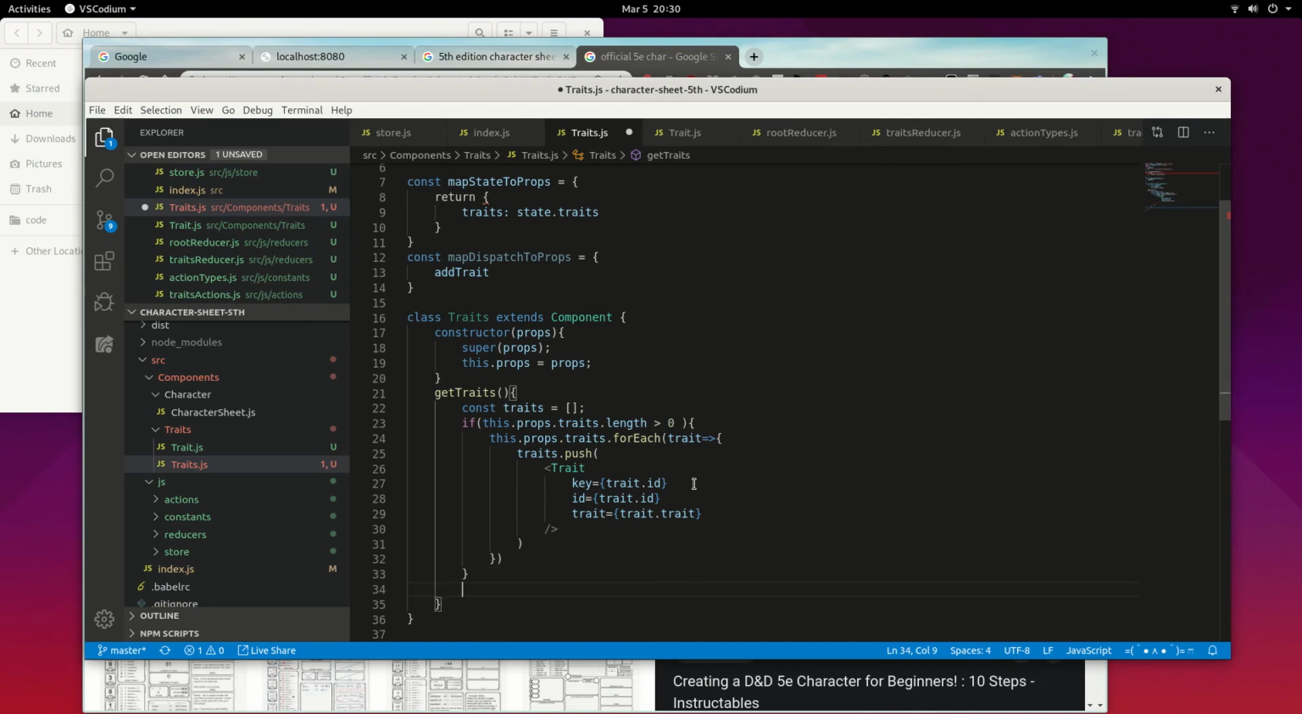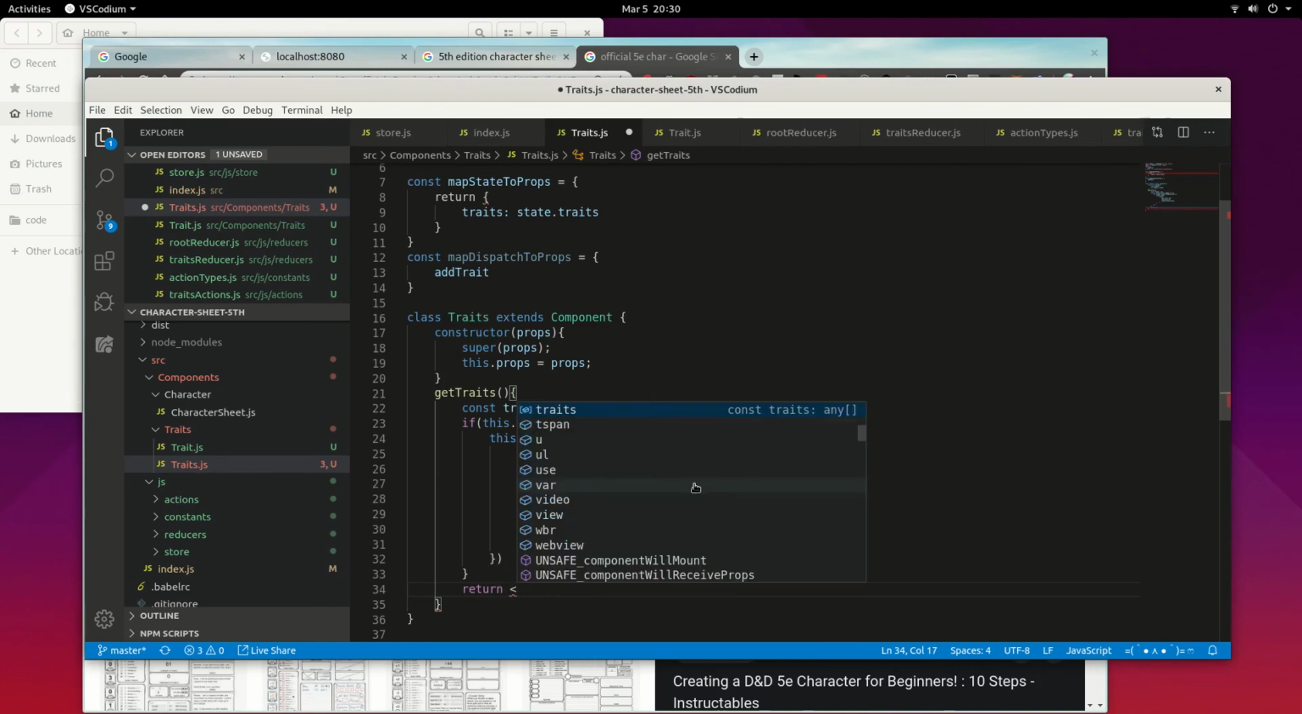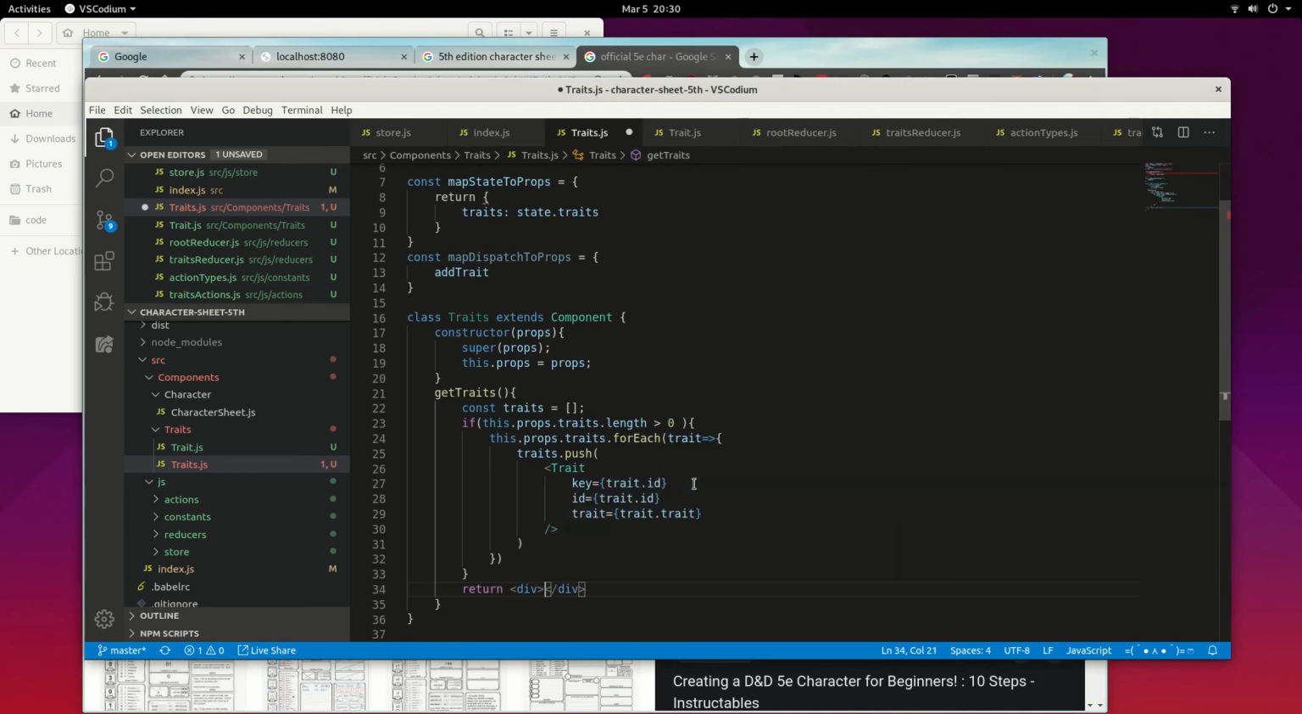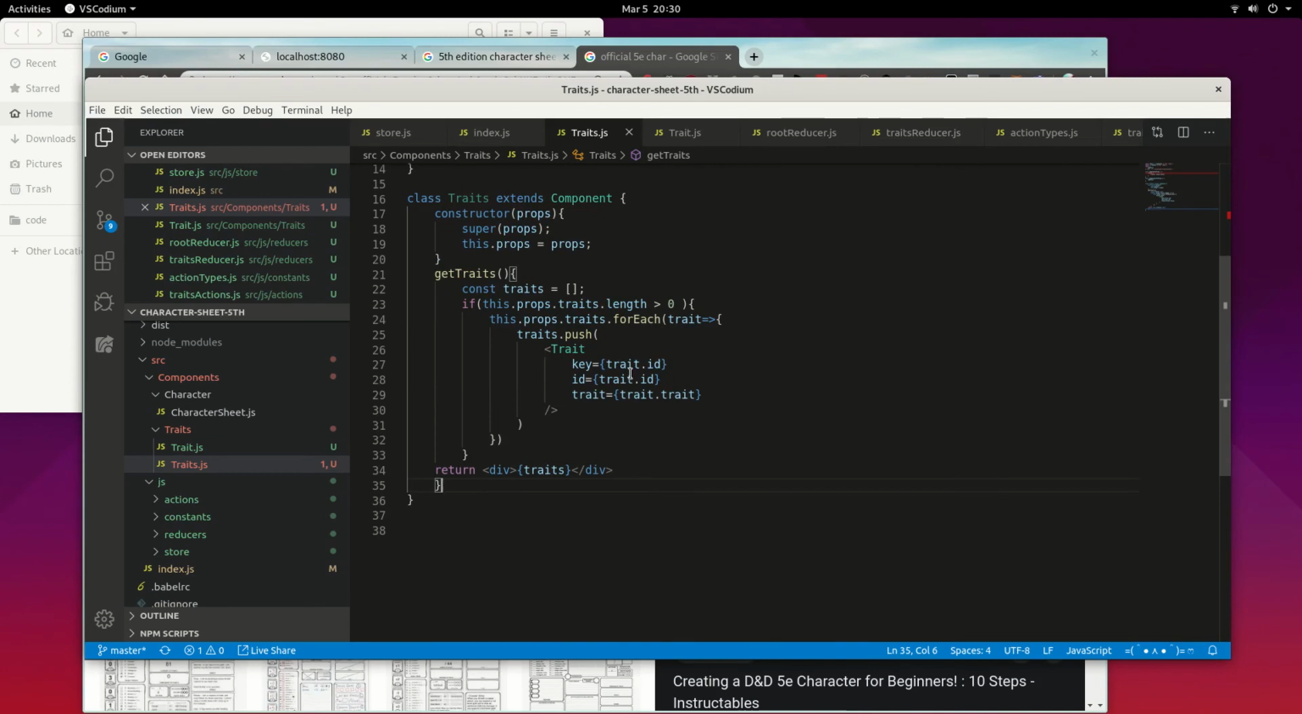We don't have a return statement, but let's just return a div with the abilities inside of it. Sorry, the traits inside of it. Okay, so it'll start off with just returning an empty div, but if we have traits in our state, it'll pick those up and it'll return that list of traits. So